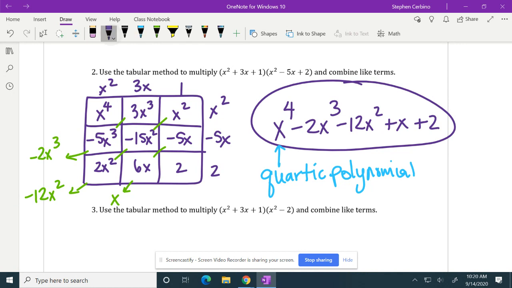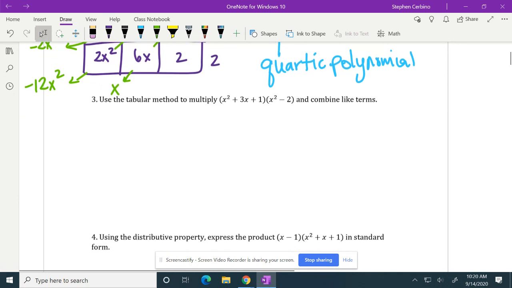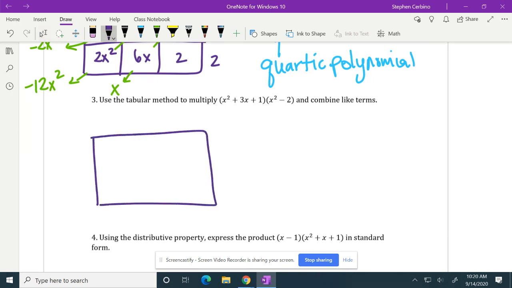All right, so let's keep going here. So if we go on to my next example, it's more of the same. Right, using the tabular method, we can multiply this out. So we wind up having a bunch of boxes here again. But we're going to notice something different happens if we set up our boxes. So when I set up my boxes,